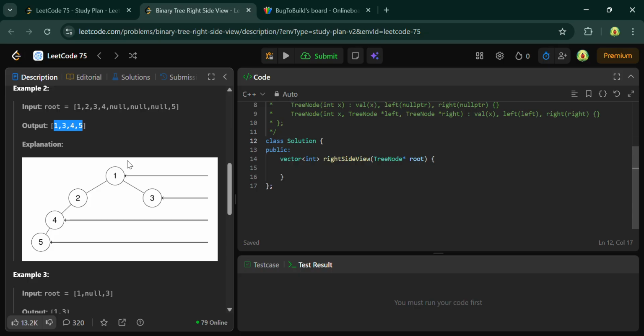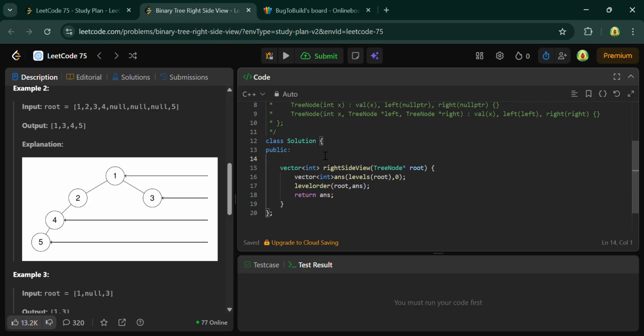So how we can approach it? First we have to create a vector of int answer, to which we pass the levels of root comma 0. Okay, and then I just have to take the level order traversal, level order of root and answer. Okay, and after this you just have to return the answer, and let's make the function